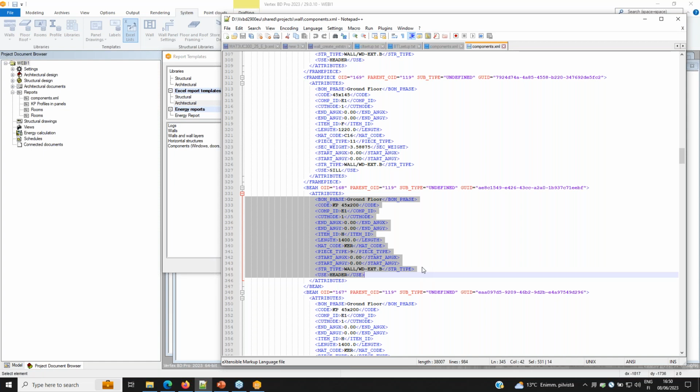Then there is a long question. What is the easiest way to collect every piece in the project and sort them by type, like a material list which gives only one line per material type and sums up how many meters per type? That's a difficult one, because